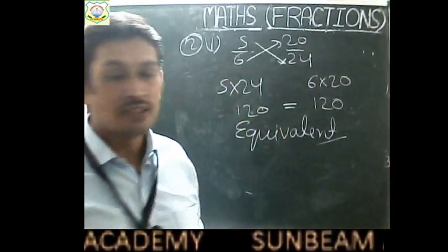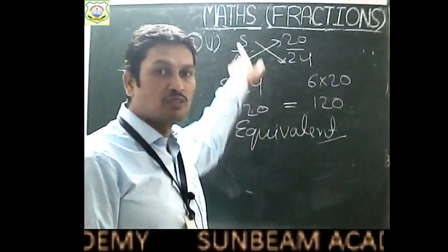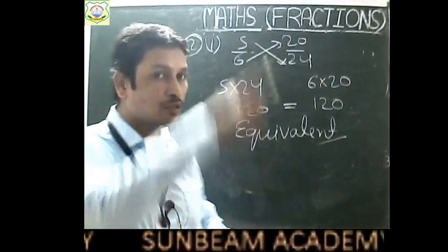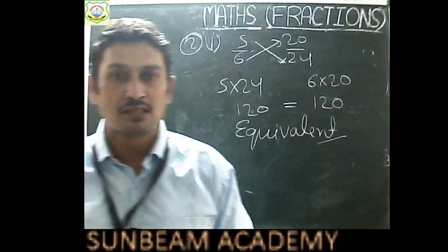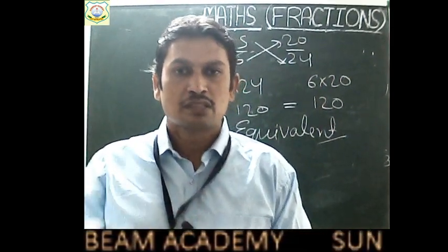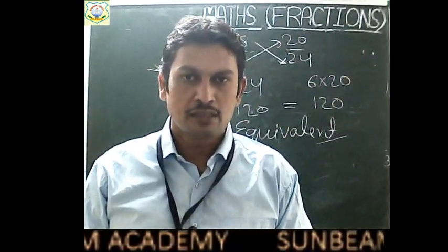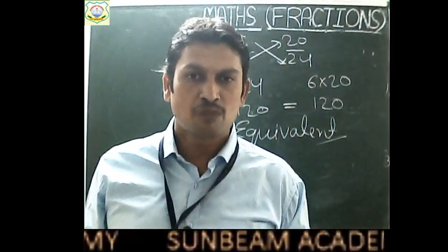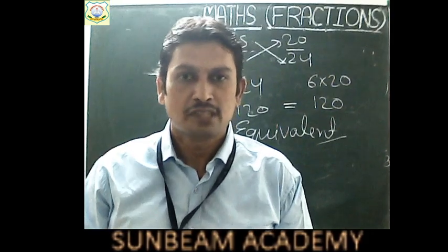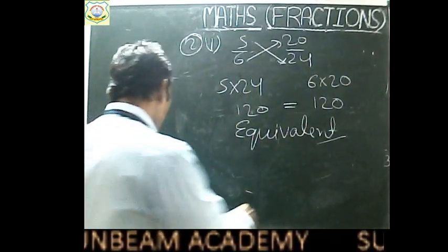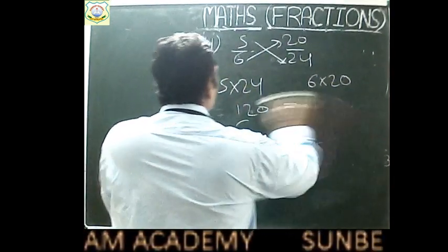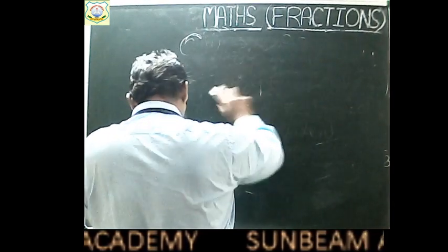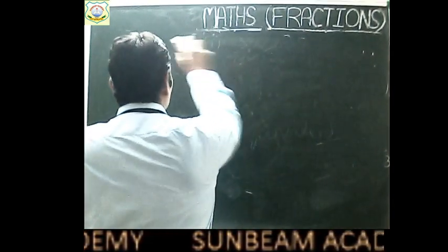So to check if two fractions are equivalent or not, we will make cross multiplication. So this is the way to make cross multiplication. Firstly up to down, then down to up. Okay, numerator of first with the denominator of second and denominator of first with numerator of second. Clear children? So if it is clear, in the same way children, I request you all to solve the second part of the same question.